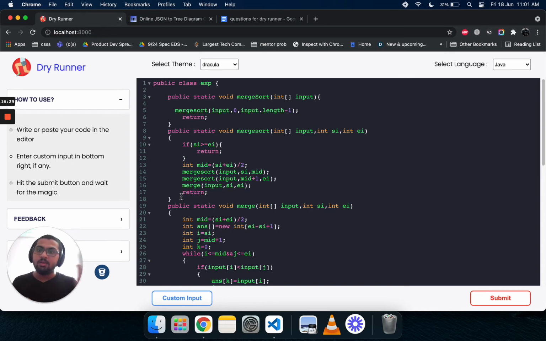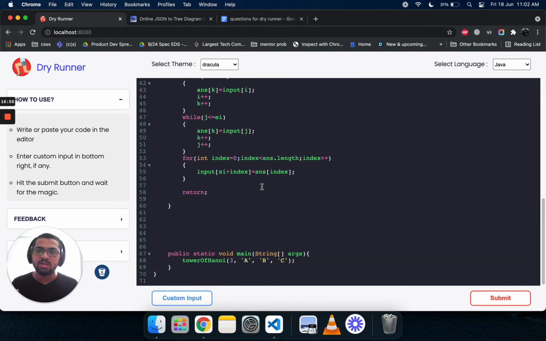And in the end, I will also show you how to create it, how to use this algorithm for multiple languages and all that stuff. So this is merge sort. Let me copy this. Merge sort is calling merge sort with a capital S, it's calling merge sort with a small s, and then it's calling merge again and again. And we are calling it from our